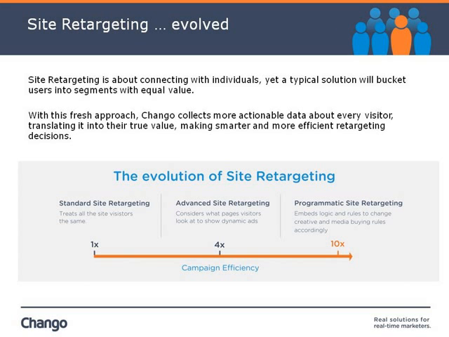Another example, we work with a home improvements brand. If we have individuals arriving on their site on a Friday afternoon searching for the term new kitchen, that individual's probably going to make a $10,000 to $40,000 purchase decision in the next 72 hours over their weekend. We're going to bid very, very high on that person, and we're going to have a very high frequency cap